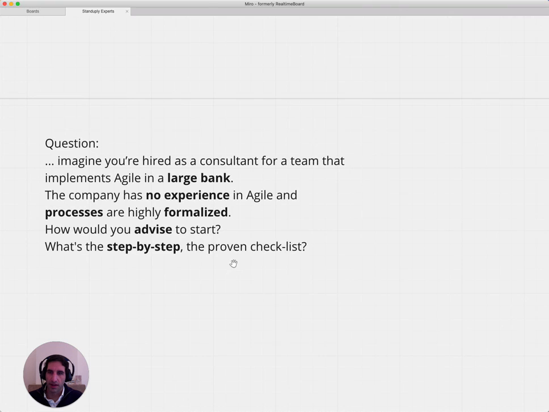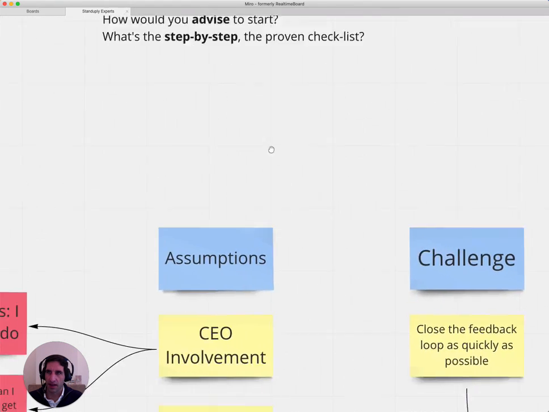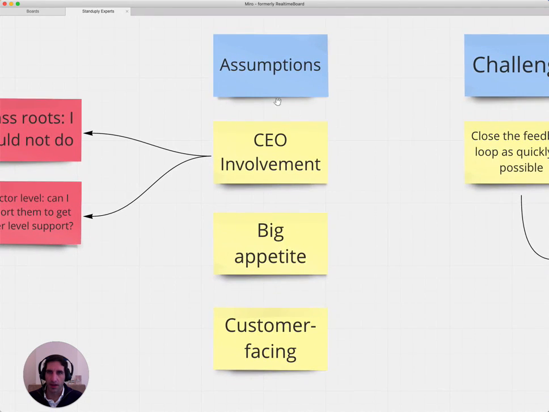Right. So there are quite some assumptions in here. I would start with these three. I would assume that you have CEO involvement, and then that will lead to having a big appetite, meaning they're not just doing something to check some checkbox of some feature list or to post that on their LinkedIn feed.